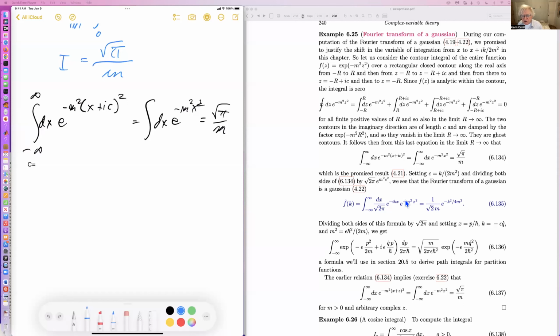So in other words, the Fourier transform of a Gaussian is another Gaussian, and it looks like that. And so this again shows us what I said to you a few weeks ago,